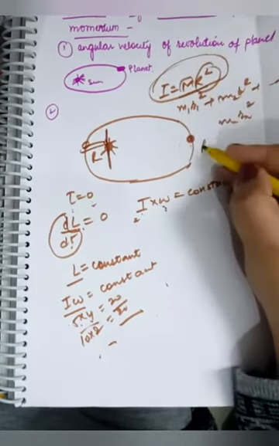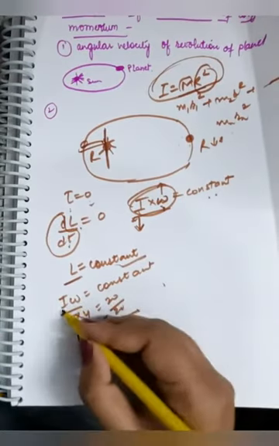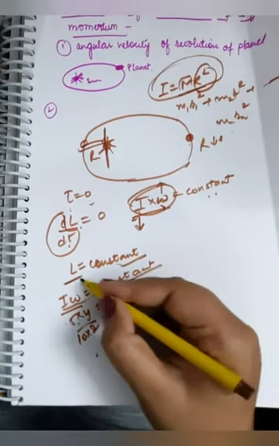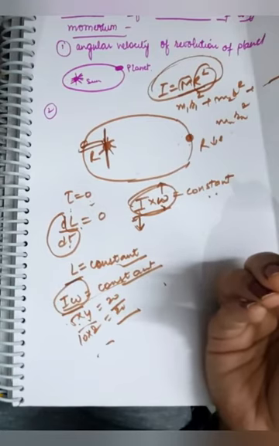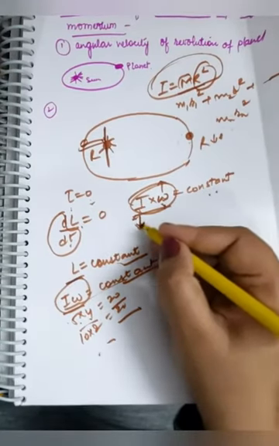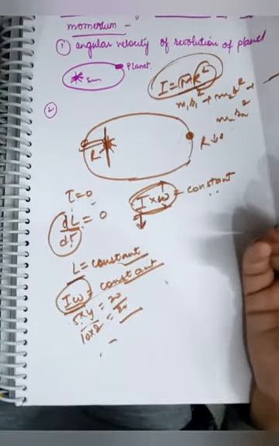But if the moment of inertia has decreased a lot, then omega has to increase so that the product remains constant. So automatically omega increases so that this product remains constant, because this is what the law of conservation of angular momentum is. Because the angular momentum is constant, which means I omega is constant. I omega is nothing but angular momentum only. So if I decreases, omega has to increase accordingly.